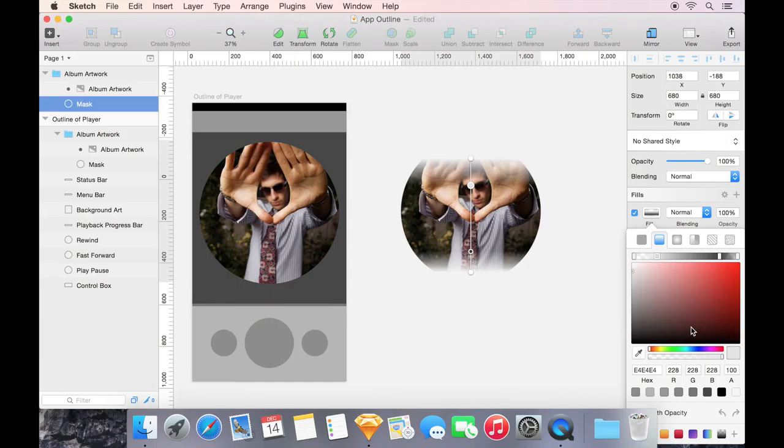I know we haven't really talked about gradients. We're going to get more into gradients when we start styling our interface, but when it comes to these alpha masks, while we're on the topic of masks, gradients are the name of the game. As we move forward, you'll become more comfortable with the gradient tool, and this tool will be a lot easier to use. And we're honestly only going to use this alpha mask in one particular place in our interface,